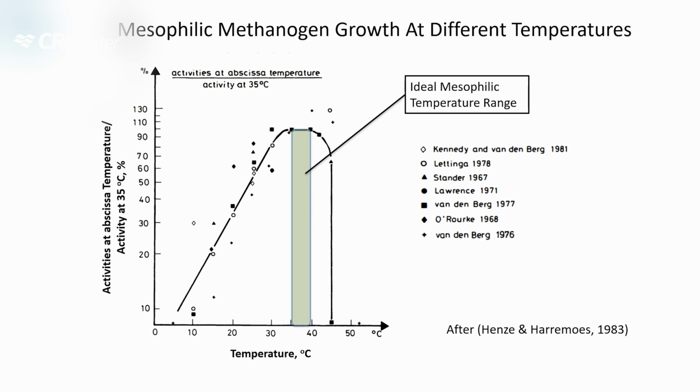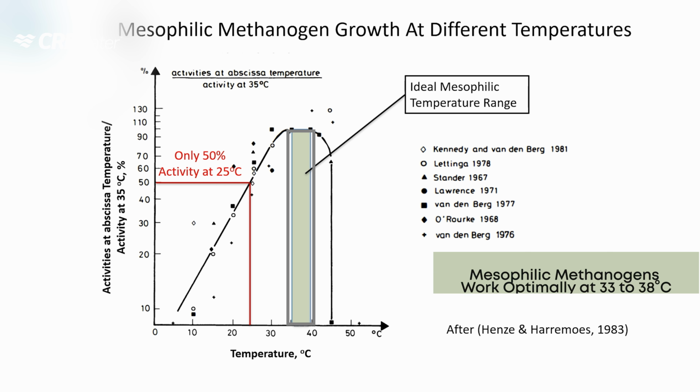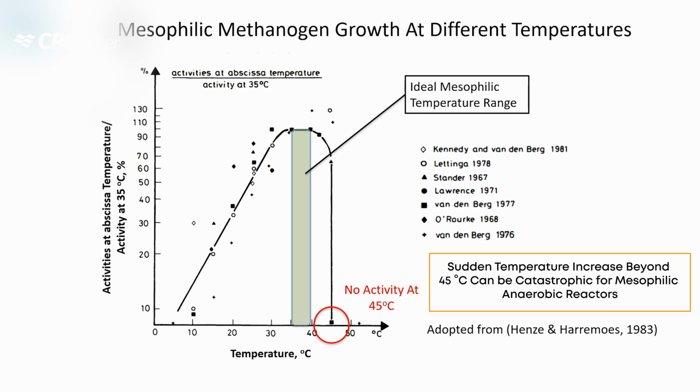As the temperatures drop below 33 degrees Celsius, the methanogenic activity declines logarithmically, and at 25 degrees Celsius, it is only at half the value compared to 35 degrees Celsius. The ideal activity range for methanogenic activity is between 33 to 38 degrees Celsius. On the other hand, if the temperatures exceed beyond 45 degrees Celsius, the reactor may experience a major upset, as